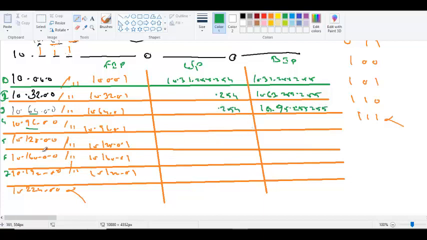And the broadcast of the fourth network is 10.127.255.255. And the broadcast of this network, the fifth network, is 10.159. And the broadcast of the sixth network is